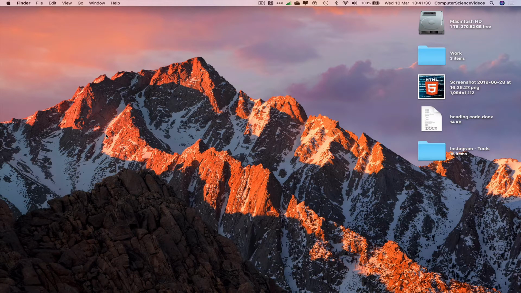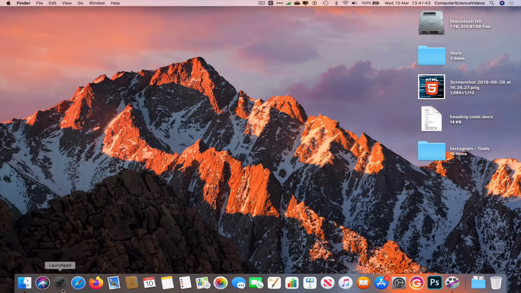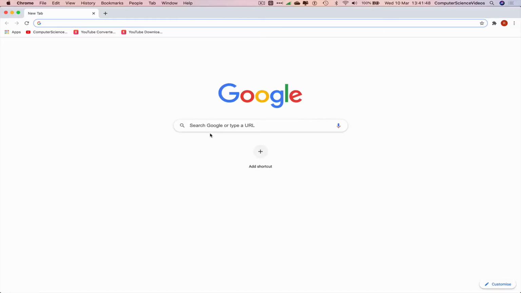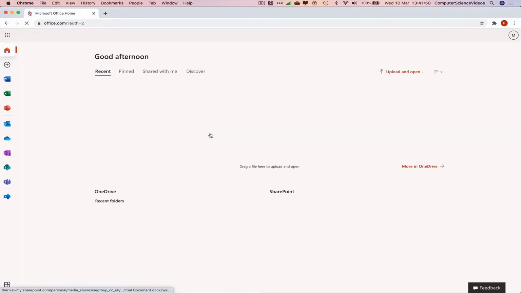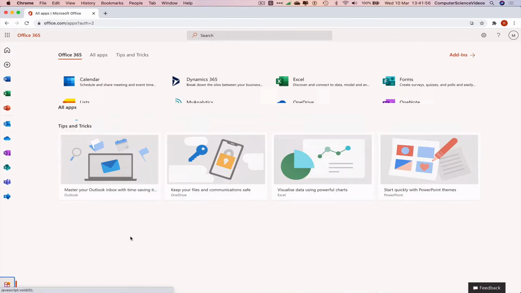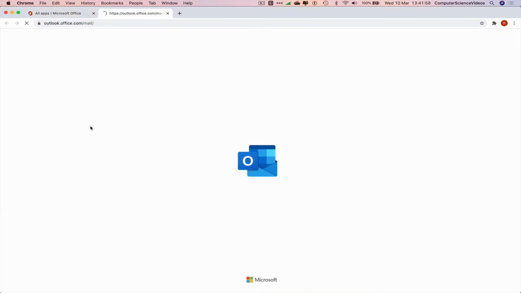So in this tutorial, you need to have access to a Mac computer, an account for Office 365, can be for work, school or business. So we can now go all the way down to the dock, go to Launchpad, go to your web browser, which is Google Chrome in this case. Now go to office.com, make sure you are signed into the account, go to the left hand side navigation menu or go all the way to the bottom left corner of the screen, click on all applications, now go to Outlook,